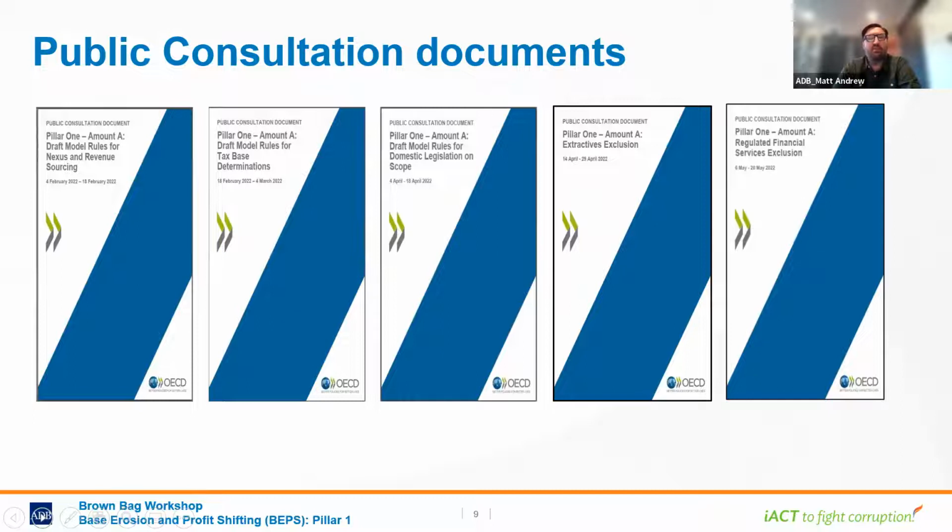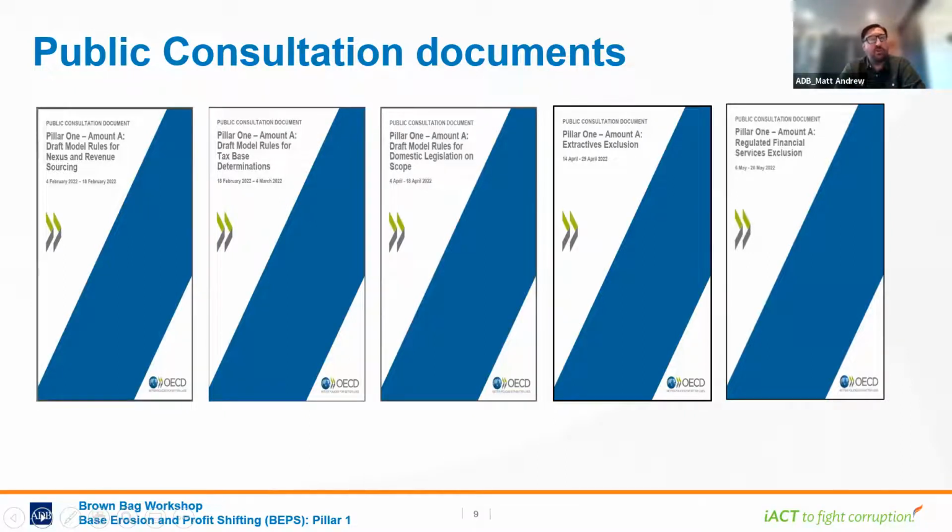Tax base is the next paper that was released by the Secretariat on the 18th of February 2022, and under the draft rules, the tax base is the adjusted profit before tax of an in-scope multinational group. So to determine Amount A, we have to take the adjusted profit before tax, starting with the financial accounting profit at a group level,